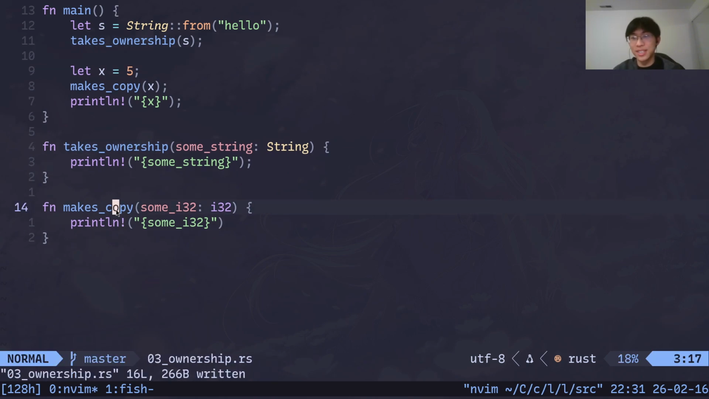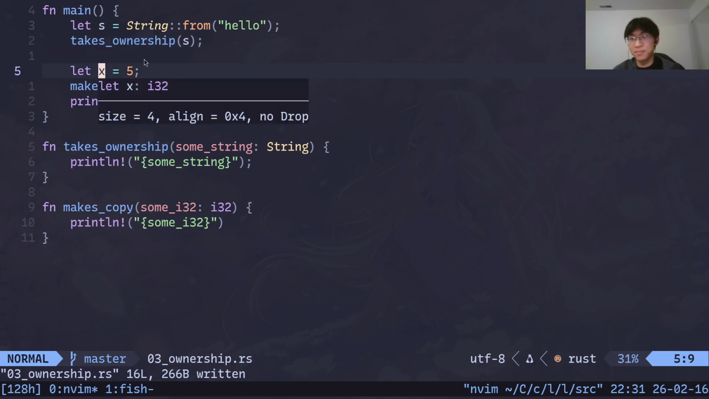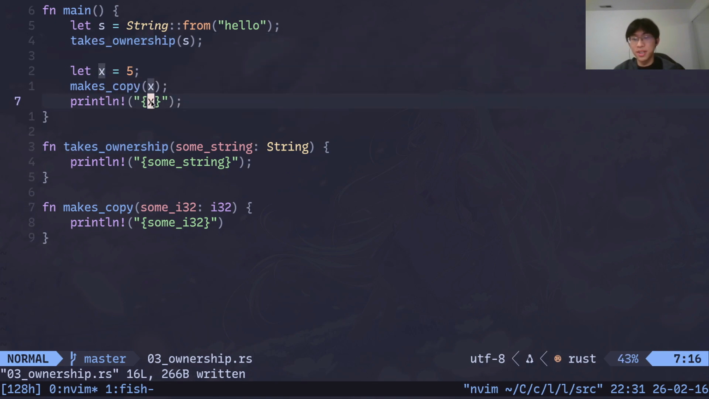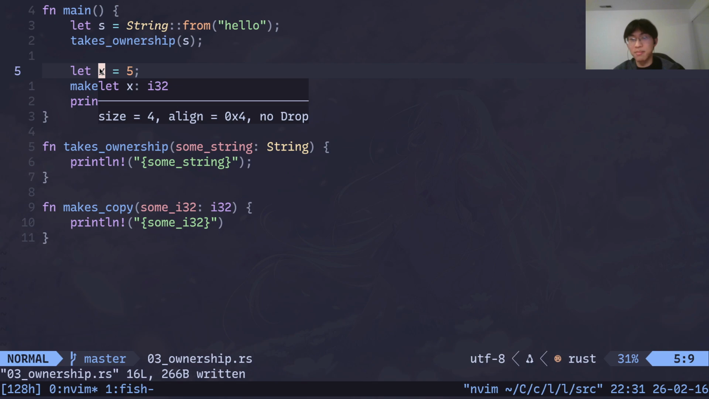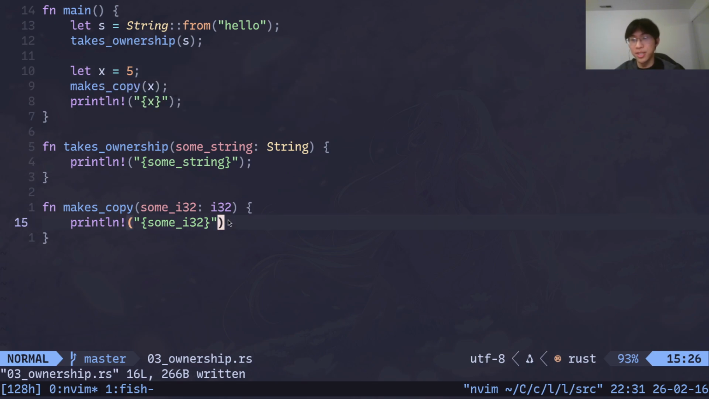Now let's look at the second example, this makes copy function. This is the same code as above, but with an integer x instead. But here, the compiler doesn't complain when we try and use x after we call this makes copy function, even though it looks like it's doing the same thing as takes ownership. What is happening here? The difference is that x is of type i32 and it implements this copy trait,